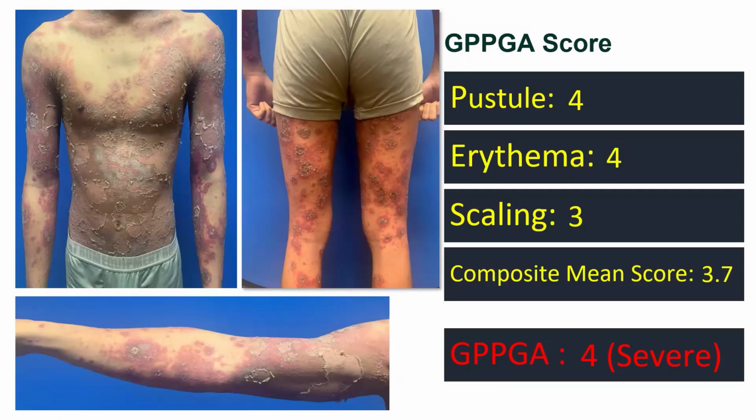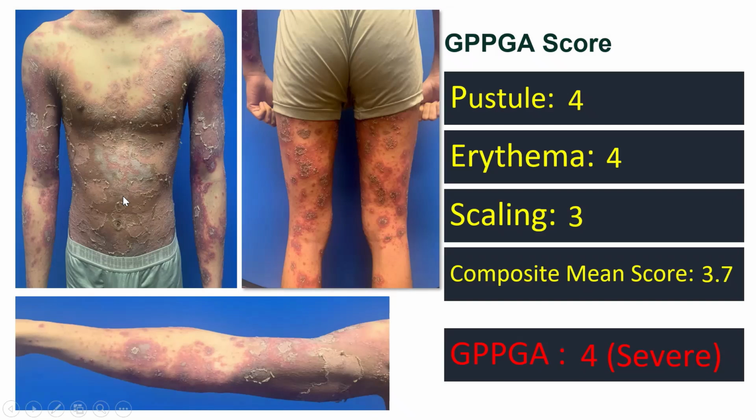Now, let's calculate the GPPGA for the same patient. So this is much simpler. I decided to go through GPPASI first because it's more complicated, but GPPGA is simpler. You just look at the patient as a whole and assess which area represents the patient as a whole. So for this patient, I would grade the pustules as 4